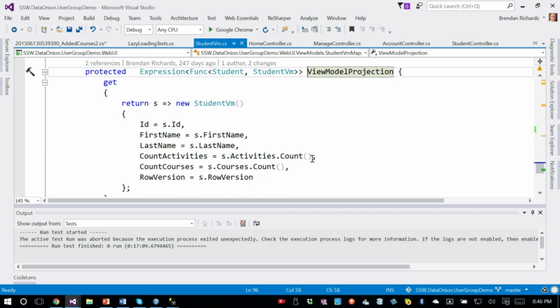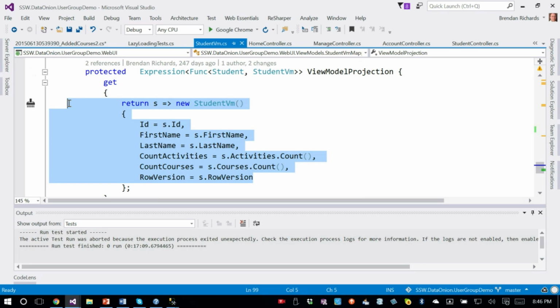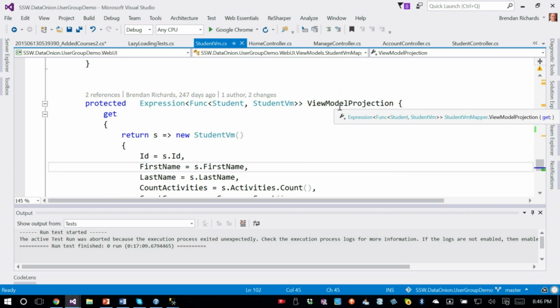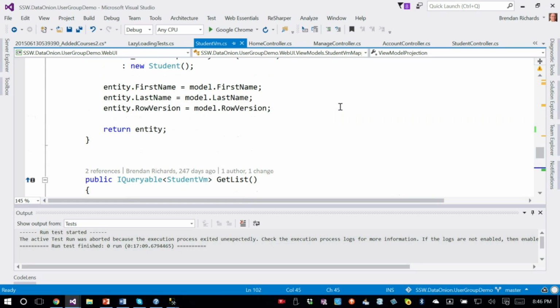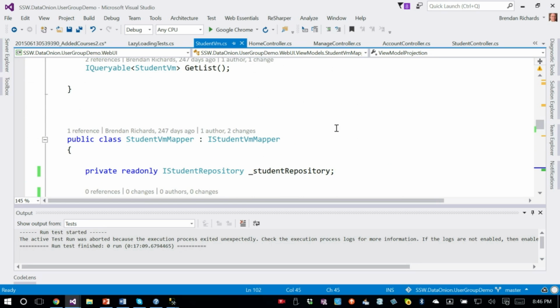And I've written it in a way that the LINQ to SQL engine under the Entity Framework won't fall over and post that into an inefficient query. So I've made this reusable projection. I call it a couple of times in order to convert objects from the database through to the view model. So what I've got here is when I'm doing a get, I'm always using a select statement.